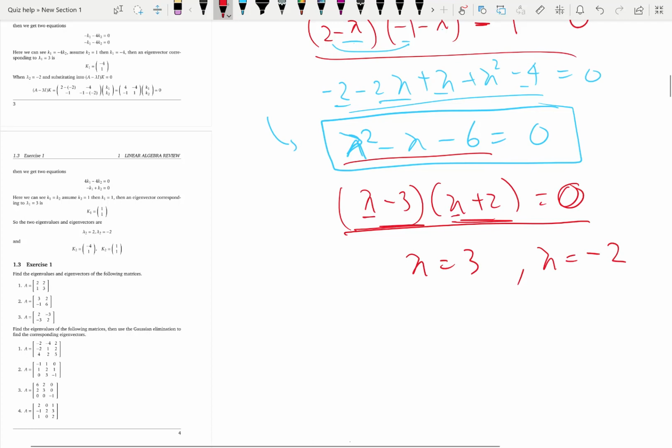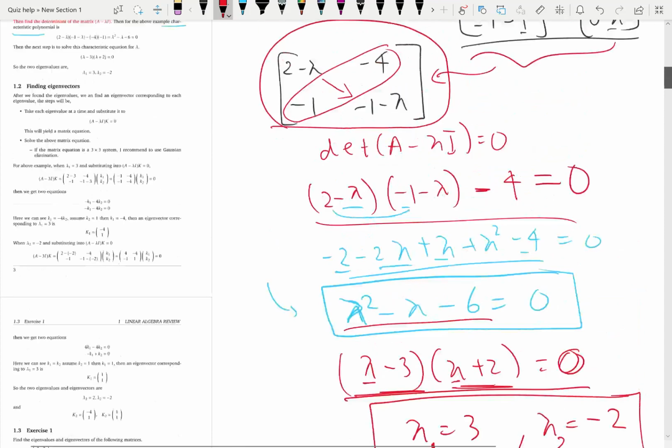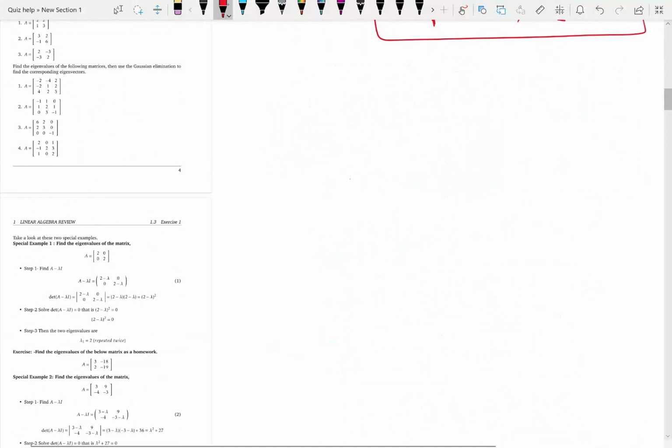So we have two eigenvalues. Let's call them first eigenvalue lambda 1, second eigenvalue lambda 2. These are the two eigenvalues. So that is how you find the eigenvalues. This is a 2 by 2 matrix example. So let's rewrite the steps. First write A minus lambda I matrix. Then simplify A minus lambda I matrix, get one matrix. Then find the determinant of this